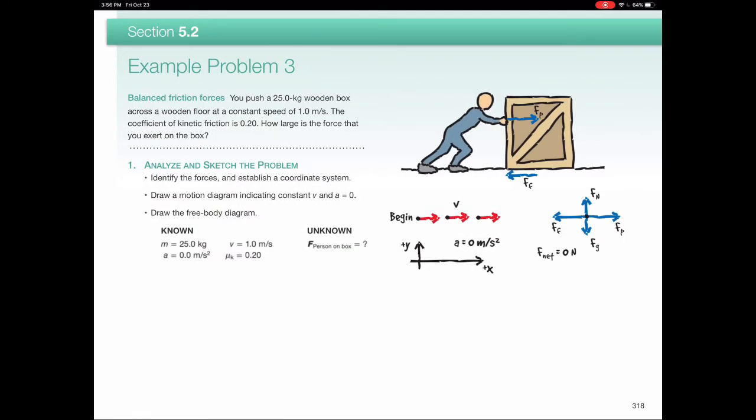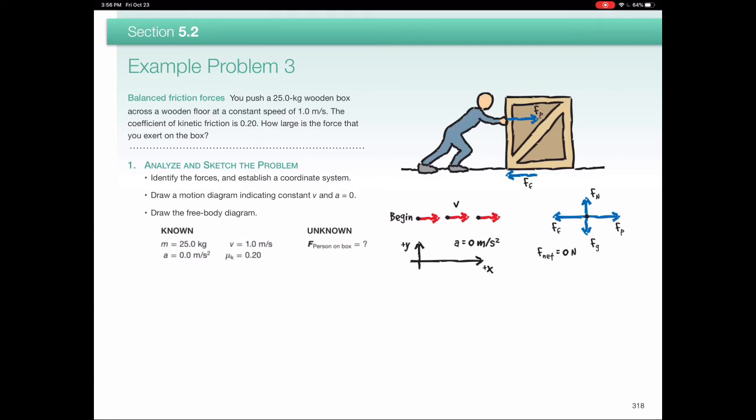Finally, let us consider a sample problem. Here we're going to draw a free body diagram the way that we have done previously, but now we're going to look at forces in two directions. So if you push a 25 kilogram wooden box across a wooden floor at a constant speed, we give you the coefficient of kinetic friction, how large a force do you need to make the box move? Note the